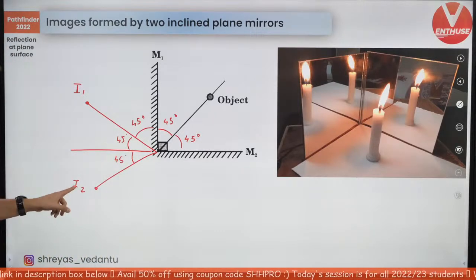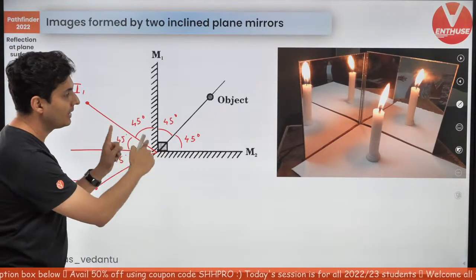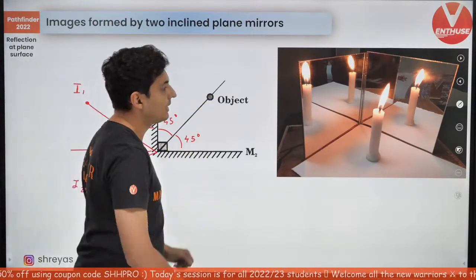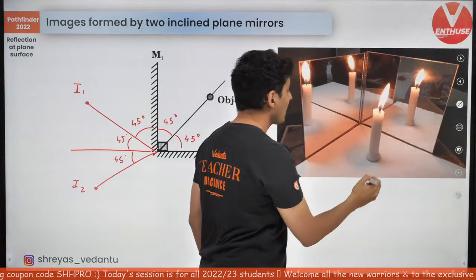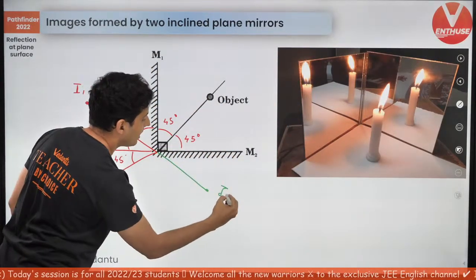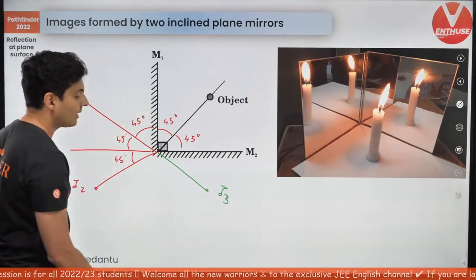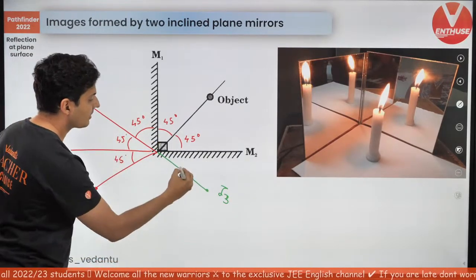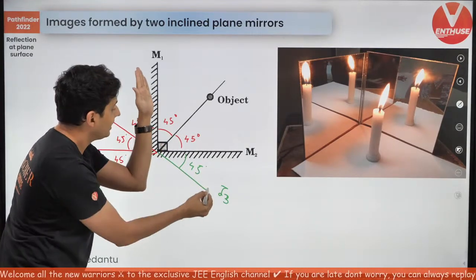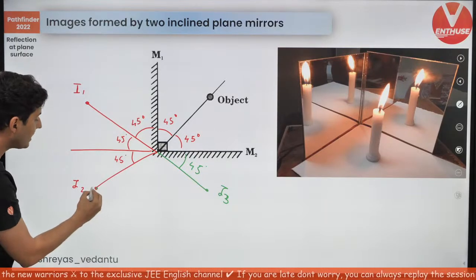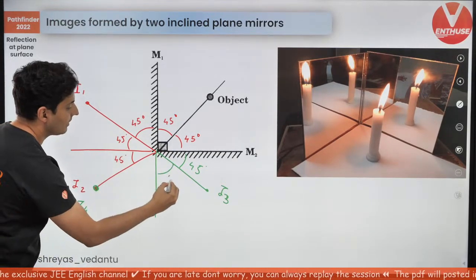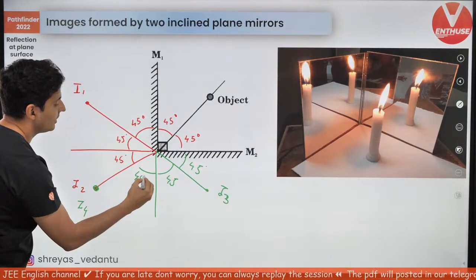Okay, now that's where we stop. But I forgot one thing. This object was reflected here. Same way, this object will be reflected this side. So let's do that as well. So this object will also be reflected here. So you will form an image I1 or rather I3 over here, I would say. Right over here. This will be also 45 degrees. This image will be the object for M1. It will be reflected here exactly on this. So this will be the next image. Exactly, it will get reflected right onto this.